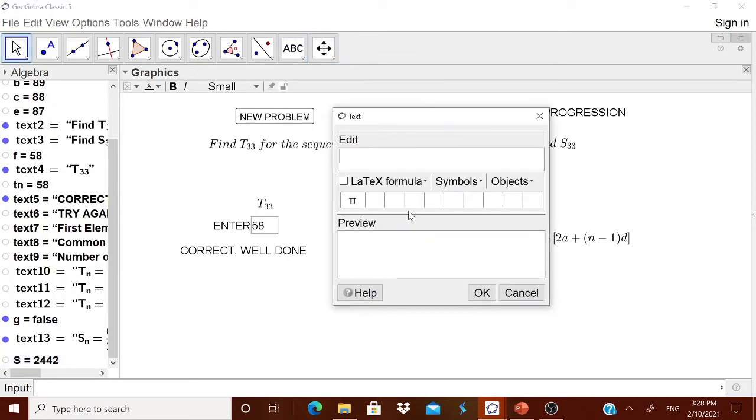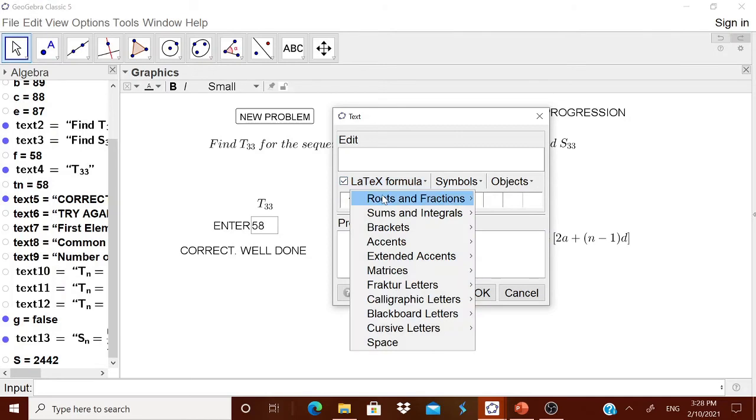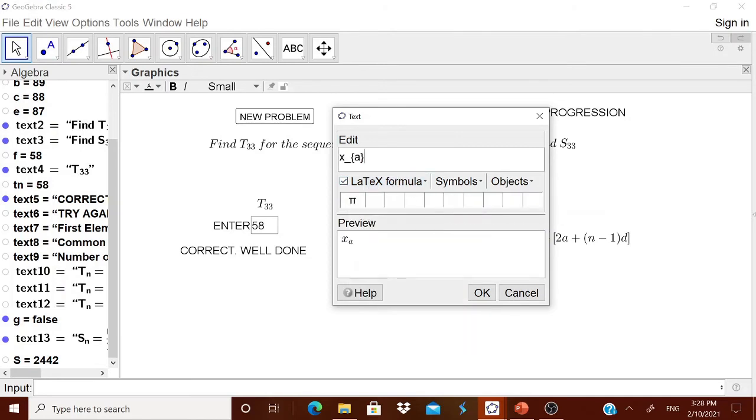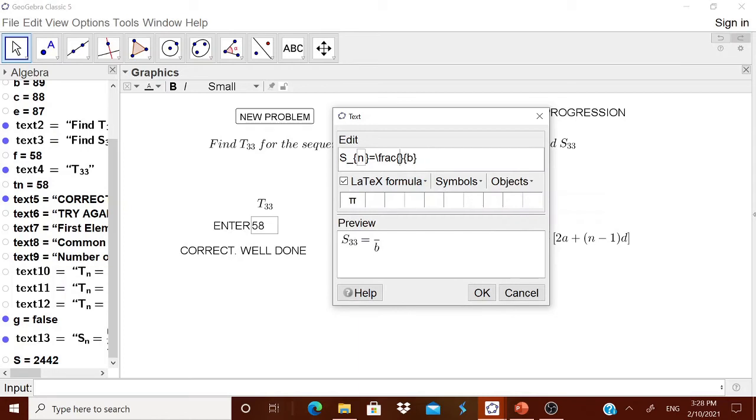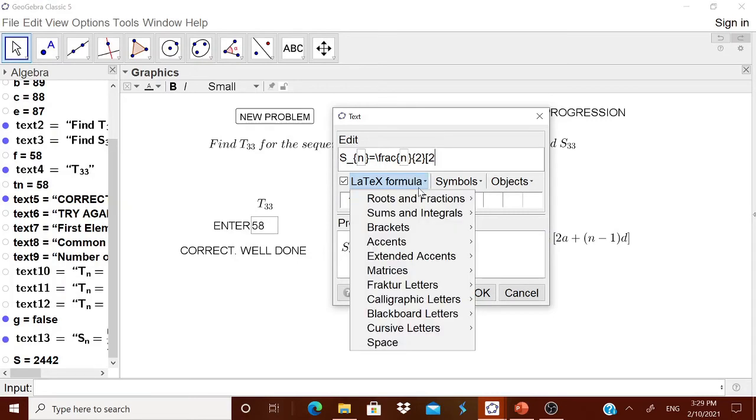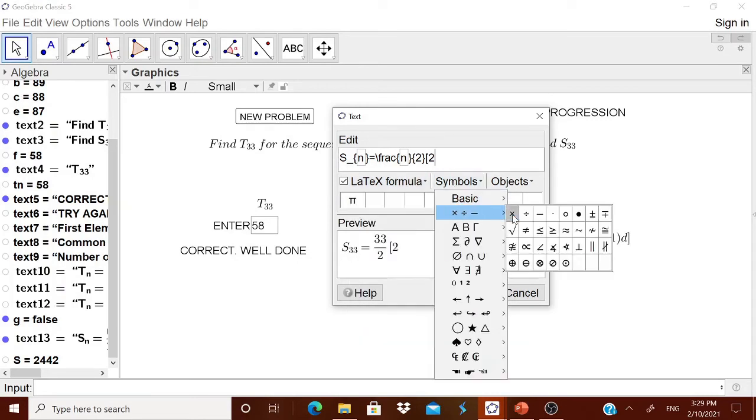Now the Sn, the child can visualize it now. Therefore, go for this Sn. Okay, we will take some pain in that, so that we can explain it very fantastic to the children. Therefore, I think Sn is equal to, go for latex formula, fraction first. What should come here? n should come from the bracket, from the object, n by 2. Okay, 33 by 2 into bracket starts, 2 into a, therefore 2. From the symbol, I will take this into sign.